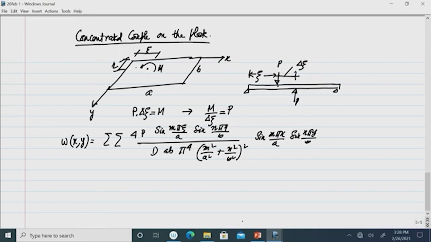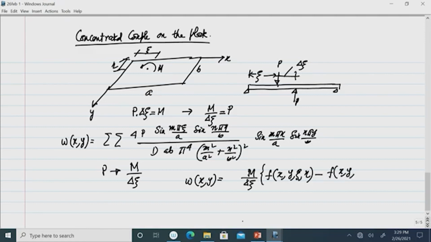So, P is replaced by M by delta xi, and then we can write the deflected surface as M by delta xi, function of x y xi eta for the downward load, and for the upward load a function of x y, xi plus delta xi and eta. And the summation process is there, of course, you cannot ignore this. Then in the limit when d xi tends to 0,